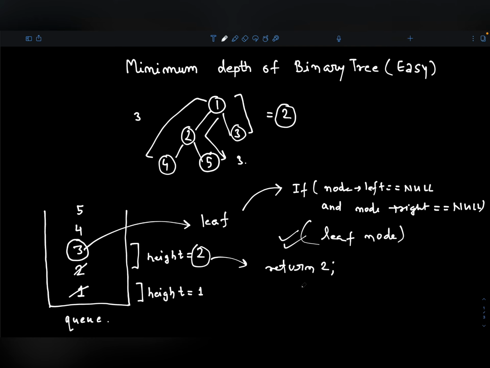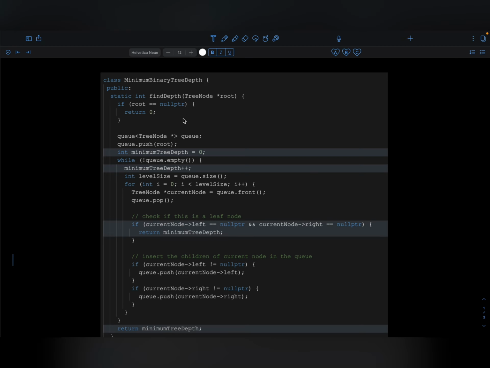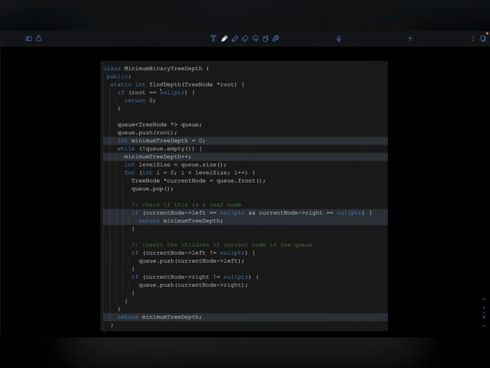So now let's see the code. Here is the code for minimum binary tree depth. So firstly we define this function, and if the root is null then we are returning 0, because this height is 0. So we are taking a queue, pushing the root into this one, and in the starting the depth is 0. If the queue is not empty, because we already pushed the root in this one,